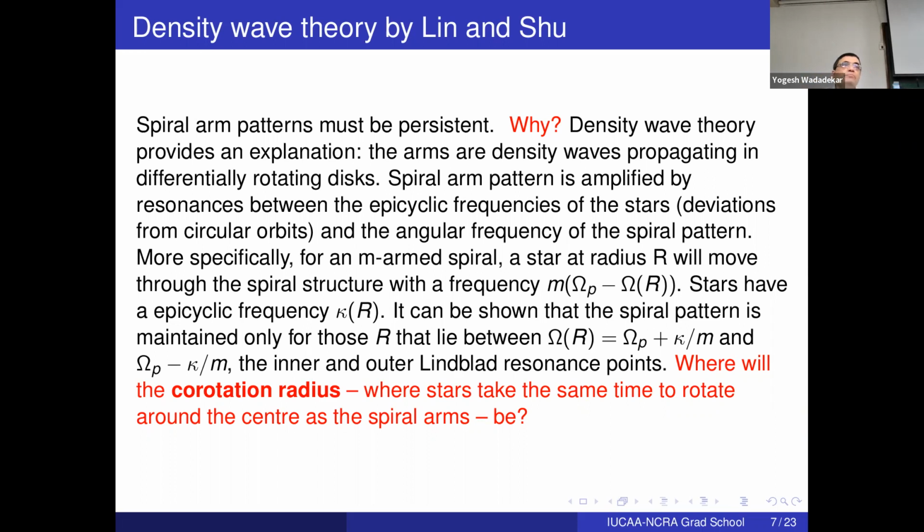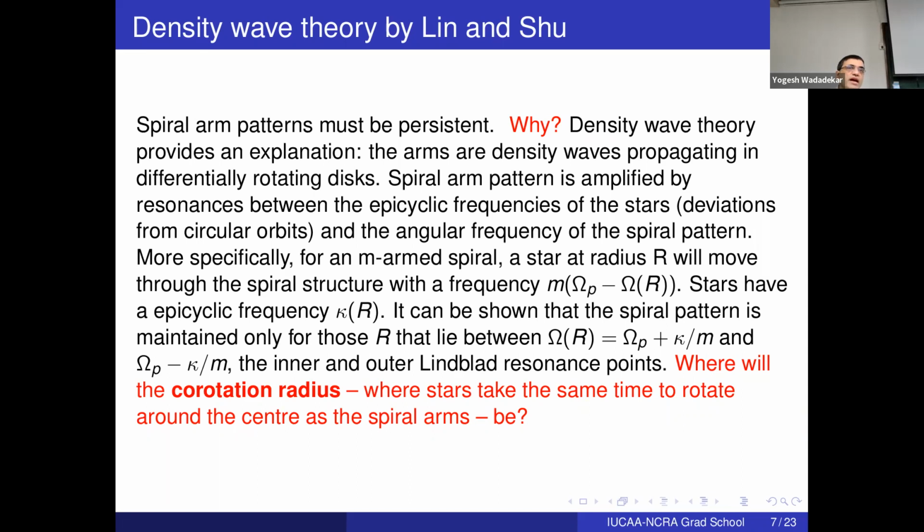Of course, omega_p has no dependence on r, right? Because it's the whole spiral pattern which turns, so it has to have the same angular frequency. But omega itself, the speed of the stars in the disk, they do have a dependence on r. And as we said, each star has an epicyclic frequency, kappa, which in general is a function of r. And it can be shown, and again, this is a long derivation of 4 or 5 pages,